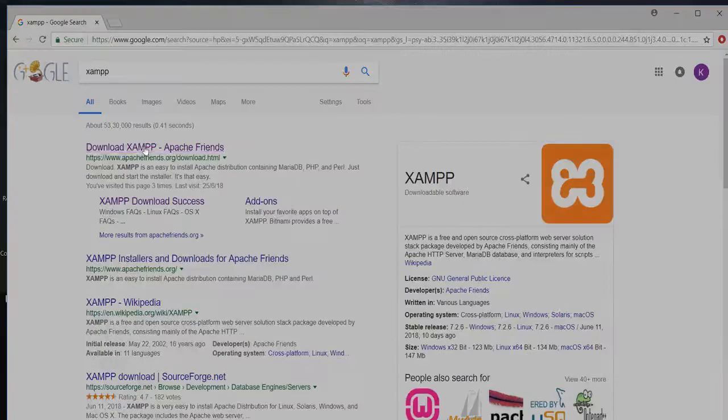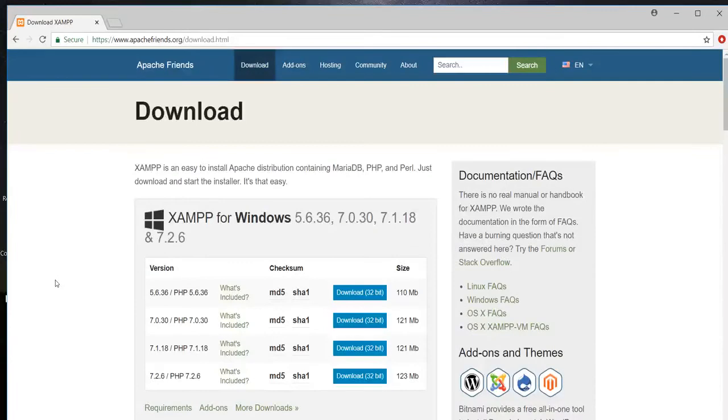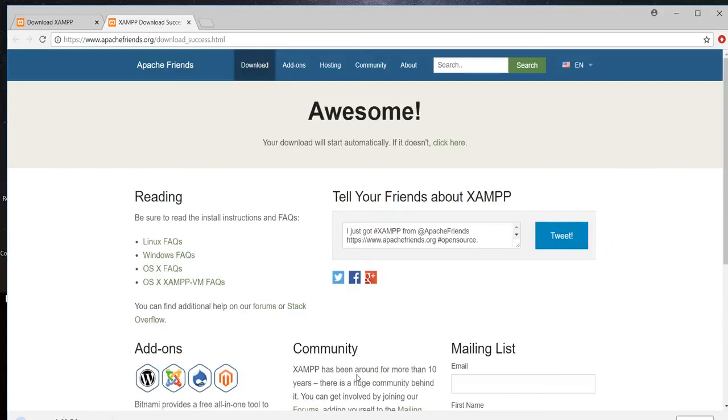Click the same link and you will be navigated to the Apache Friends page where you can download the XAMPP for Windows. Let's select the very latest version of PHP and click on the download link. Once you click on the download link, it will start downloading the XAMPP for Windows. Here it is now downloading the XAMPP for Windows. As you can see here,